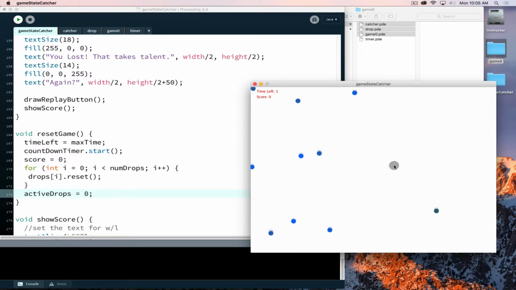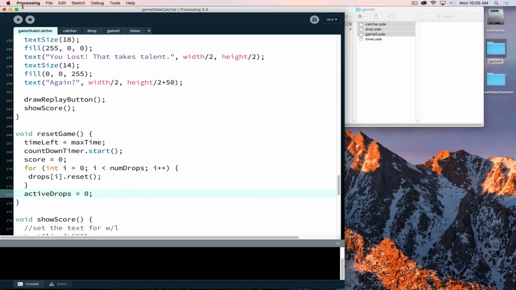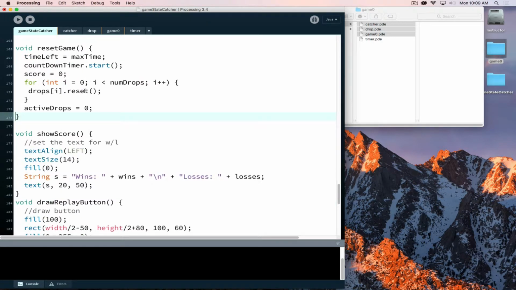So if I lose for 5 seconds and play again, we're close to having it reset. We have a couple of other things that we need to worry about. So we reset the active drops on it, so that now starts trickling them out. But we also now need to